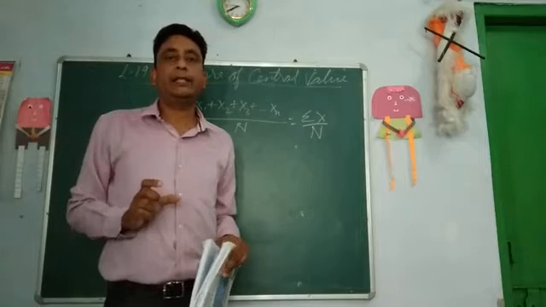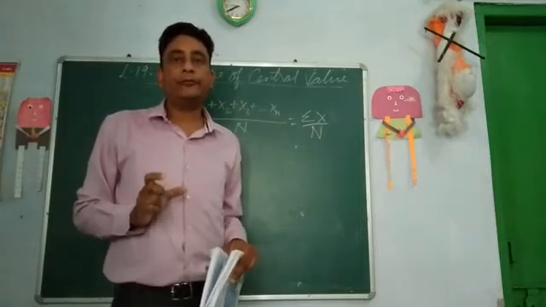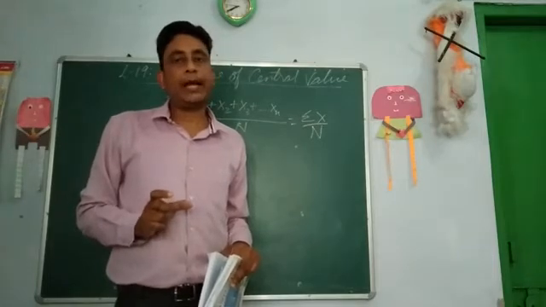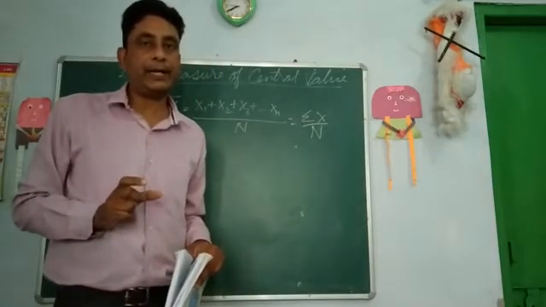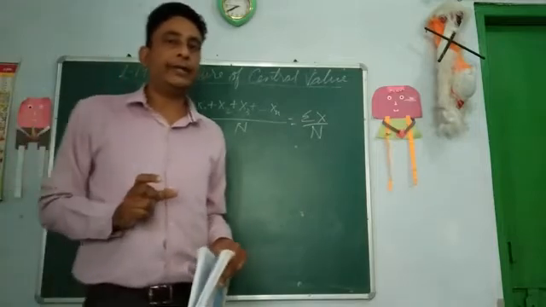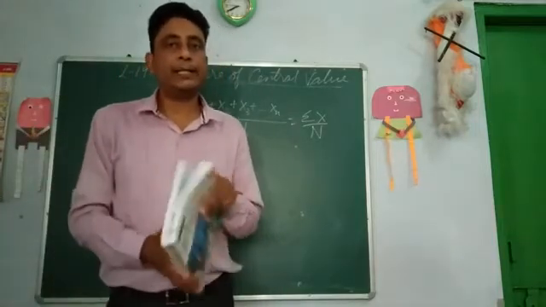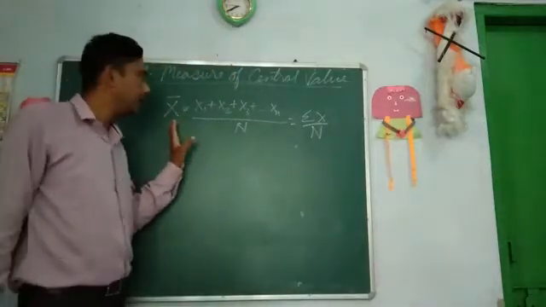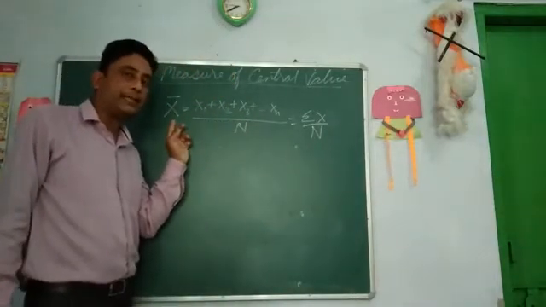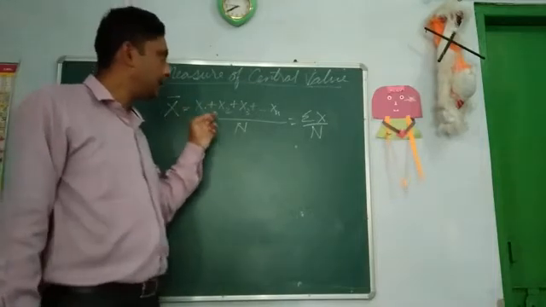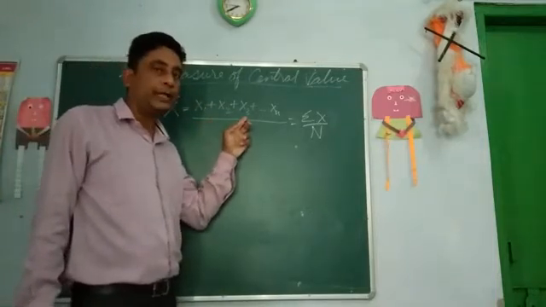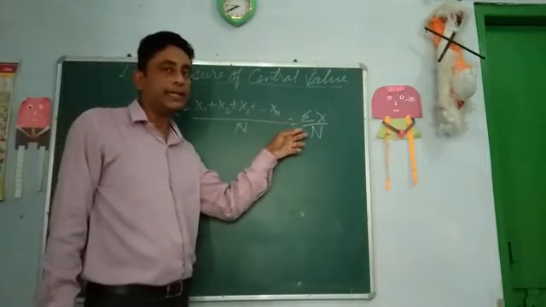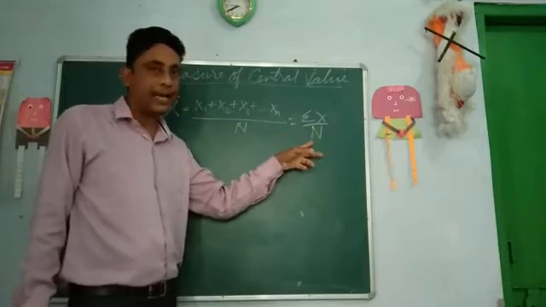Central value is the measure of average value which is the representative of the whole data in a series. This we have gone through in my previous part. Now in this part we will continue with this and see what is arithmetic mean. Arithmetic mean, as I have already made clear, is represented by x bar. It is the sum of individual values divided by the number of items, that is, sum of x divided by n.